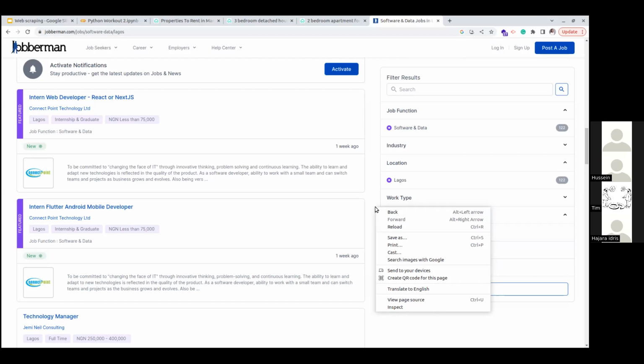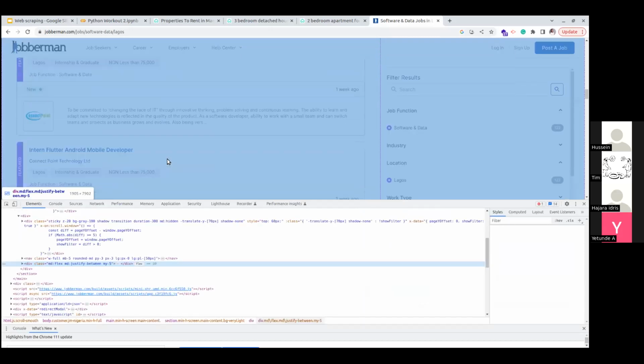But their own alerts work like this: when they add a job, whatever you put in the search term for the alert, the system does a search and a match to see if what you searched for is a job that has been posted, and then they send you an alert. Well, you can actually do your own alerts, like the one I explained when we were searching for a house. So let's inspect elements.